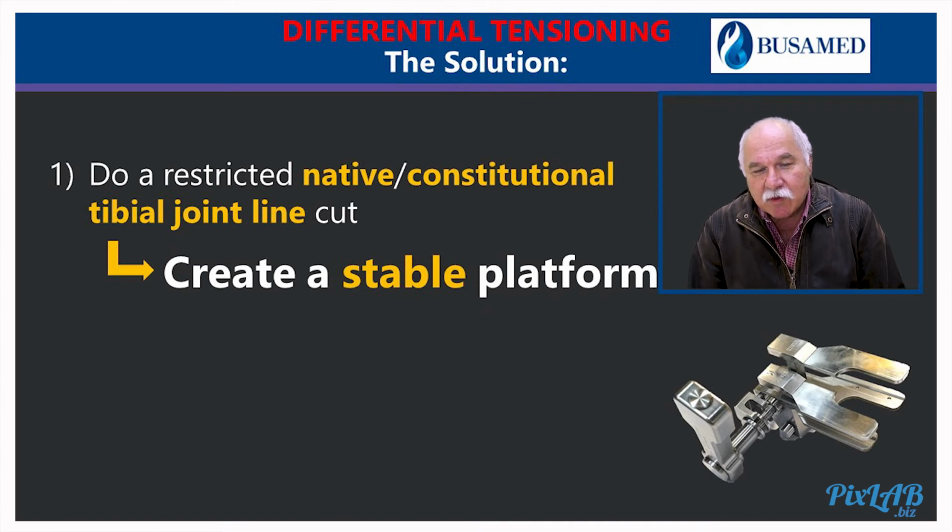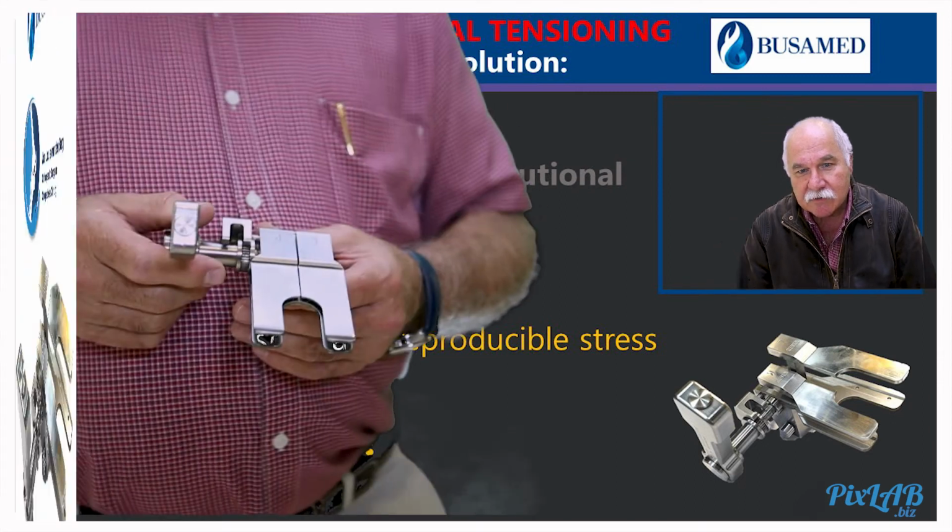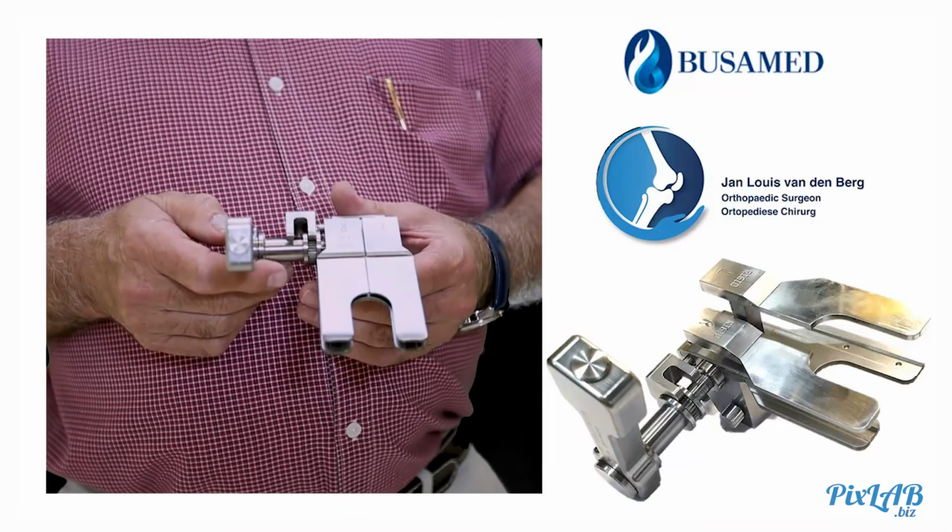The solution would be differential tensioning. You do your restricted native constitutional tibia joint line cut, you have a stable platform, followed by a constant and reproducible stress throughout the range of motion by a ligament tensioner. So this is our